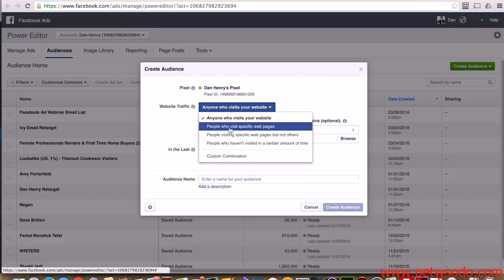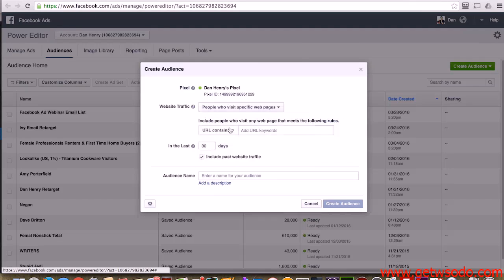So I click people who visit specific web pages. I click that, and I can say URL equals danhenry.org/contact. And as long as my pixel is installed on my website and thus on this URL, I can create this custom audience,